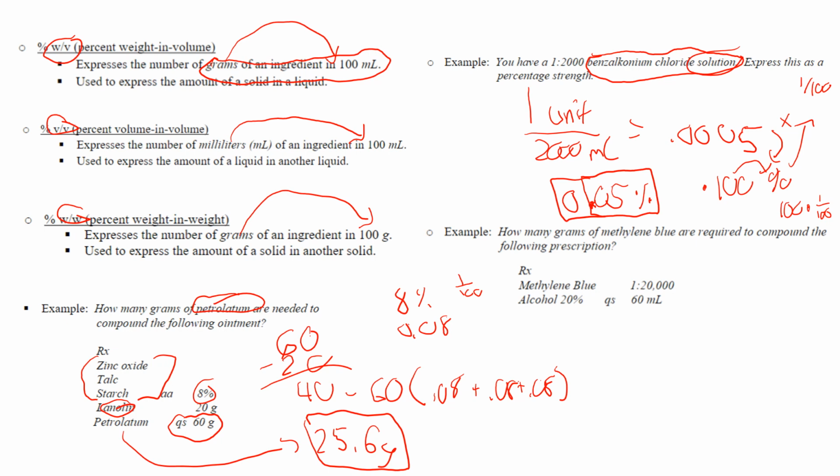For this next one, how many grams of methylene blue are required to compound the following prescription? So this one's interesting. This is similar to a percent, right? We want this amount of the total solution, but what is that amount? It actually tells us grams here, so we do know this is a grams per volume, but that doesn't really change how we solve the problem. So what we can do is what we did above. We can take 1 over, instead of 2,000 as we did in the top problem, 20,000 for this problem, because that's the concentration, and that will equal